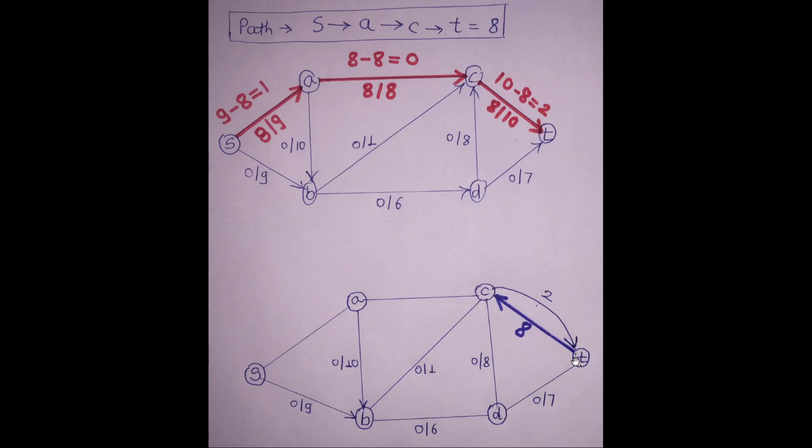So we will start with T to C. How much capacity? Is it a 10? No, it is an 8. Because we have utilized only 8 in the forward direction, that's why we have to utilize only 8 in the reverse direction also. And the remaining 2 is still in the forward direction. Look at here, C to T, remaining 2 is as it is. So 8 plus 2 becomes 10 again. So reverse flow is 8 and forward flow is 2.